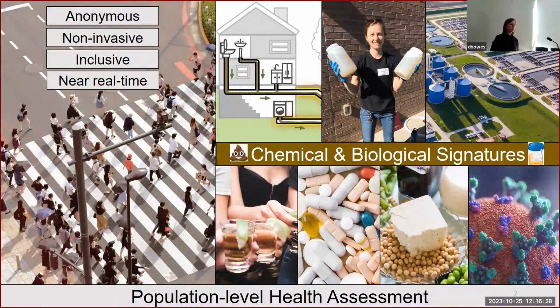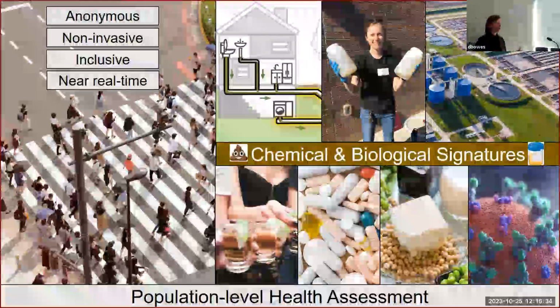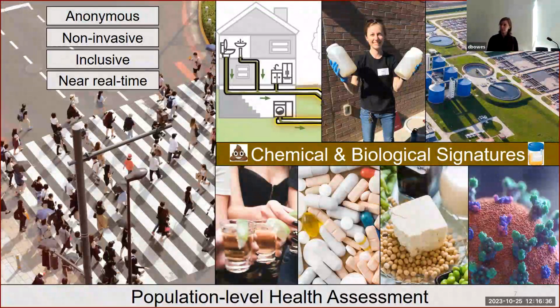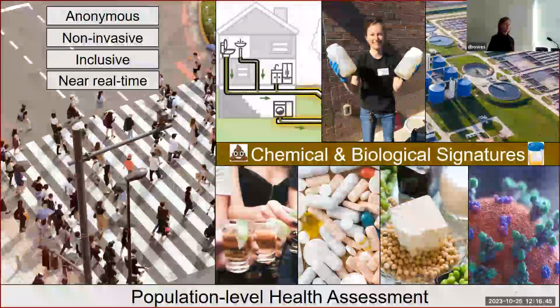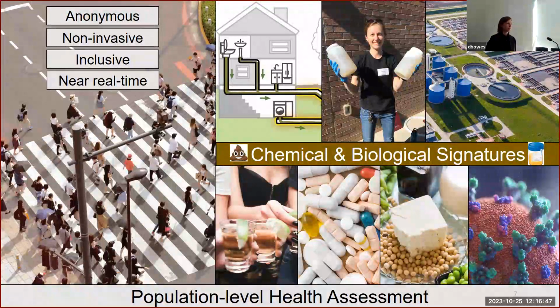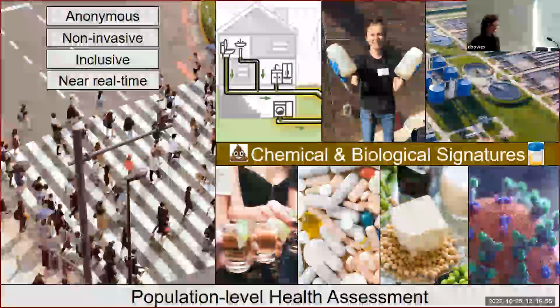It is inclusive, so there are no inclusion or exclusion criteria in terms of population groups that we would recruit or not recruit as part of the study that you are undertaking. And it's considered to be in near real time. So typically, compared to at least other data sets where maybe they're released every couple of months or a year, typically we're looking at a couple of days or weeks. We can turn around those data depending on the application and personnel and infrastructure of the lab.